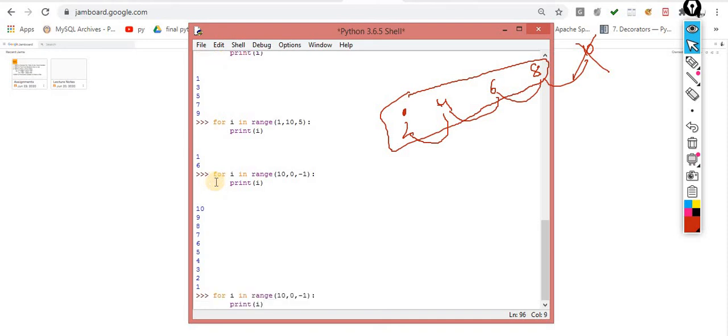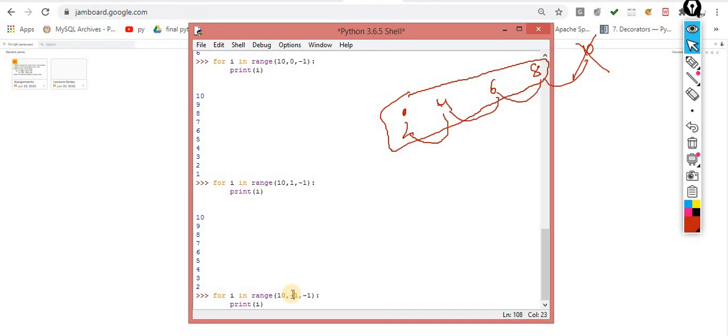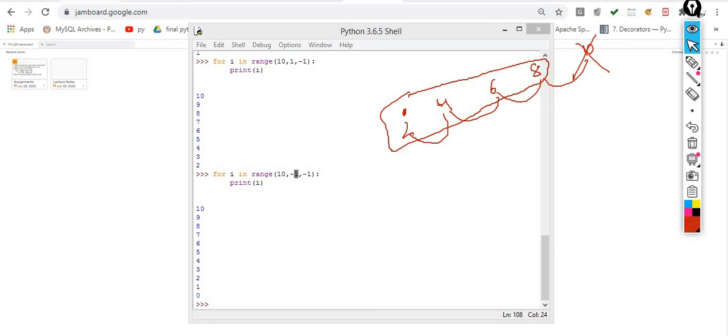Sir, I want 0 over here. If you want 0 over here, then you have to take minus 1. Now you are getting 0 as well. So this one is the funda. When you want to do the reverse, we know by default the stepping is positive, and you want to take the stepping as negative, because I am starting from the largest number to the smallest number. So I think this picture is clear. Anyone having any doubt till now, please ask me before moving further.